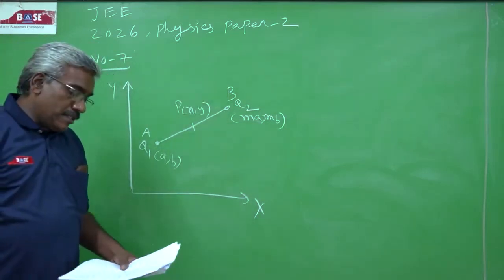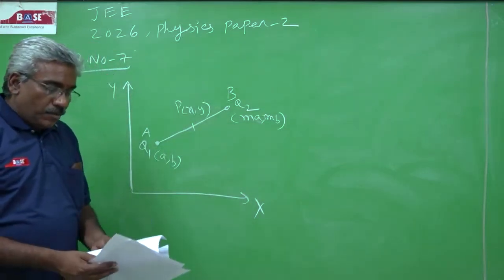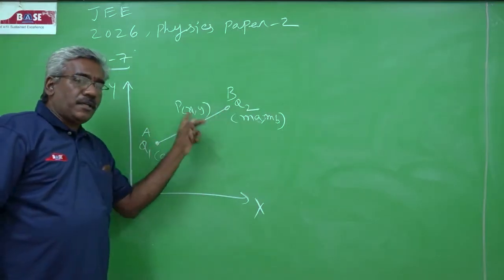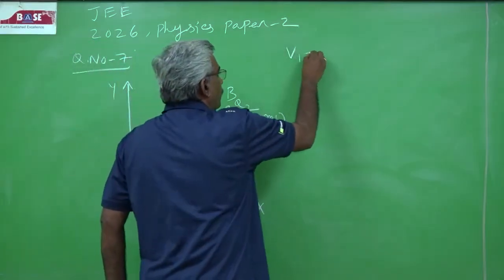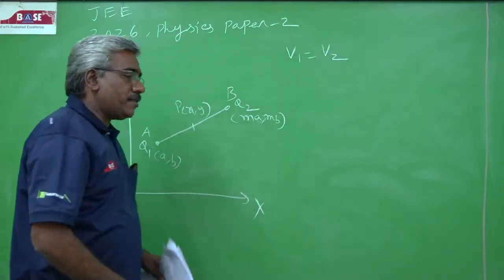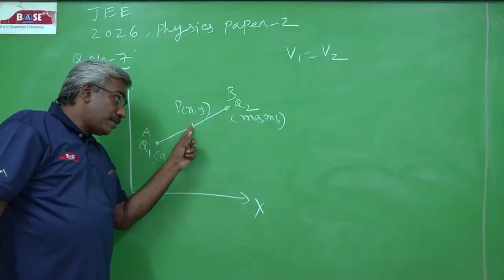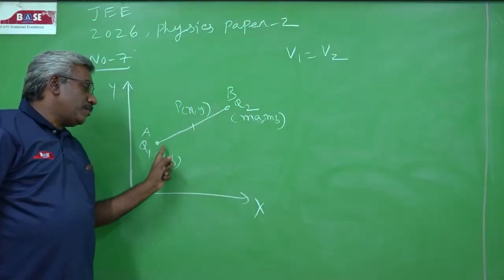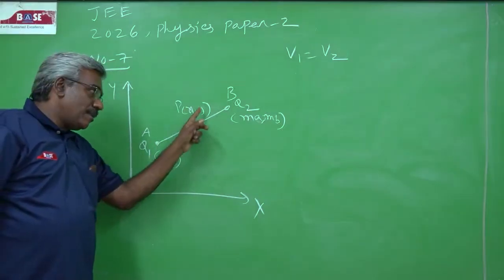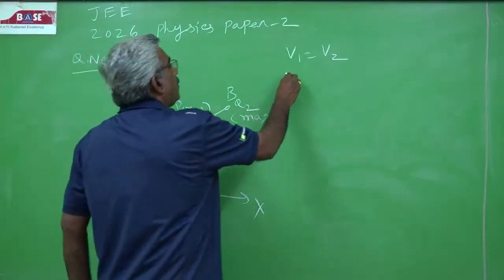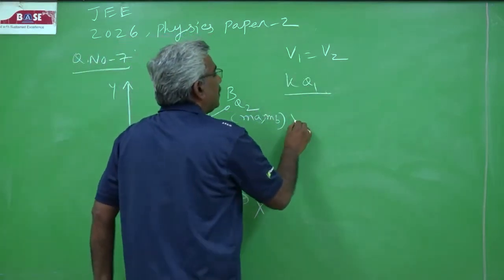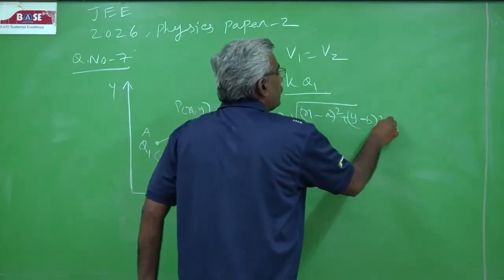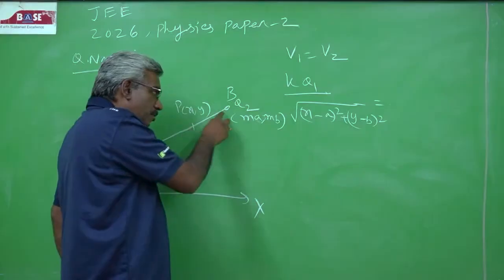So what is the data given for us? Potentials are equal. Potential at point P due to q1 and due to q2 are equal. So V1 is equal to V2. V1 for a point charge is kq by r, where r means the distance between them. I think you know the coordinate geometry: distance between 2 points is under root of (x2 minus x1) whole square plus (y2 minus y1) whole square. So V1 is kq1 by under root of (x minus a) whole square plus (y minus b) whole square. Potential at P due to q2